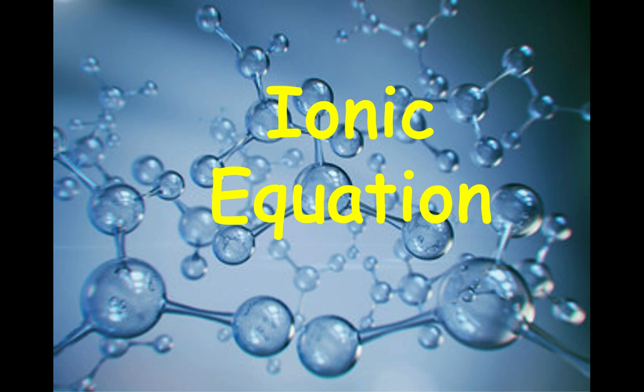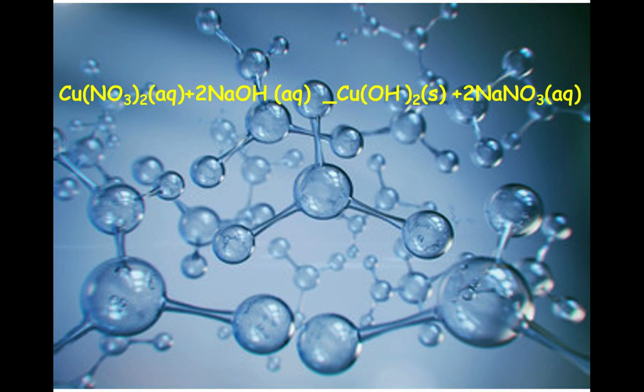Explain the ionic equation. The first example: copper nitrate in the aqueous state plus sodium hydroxide in the aqueous state gives copper hydroxide, and